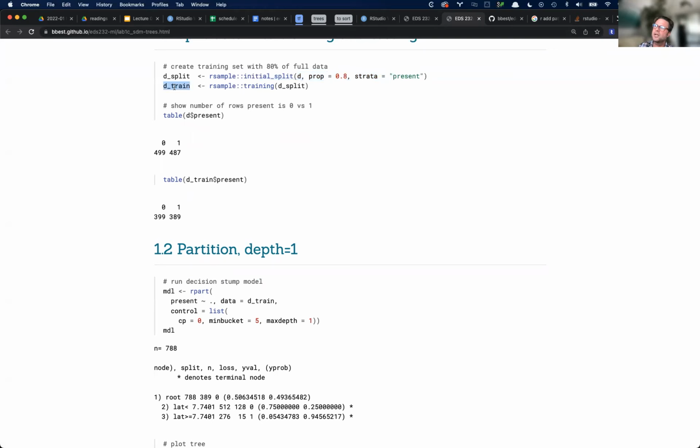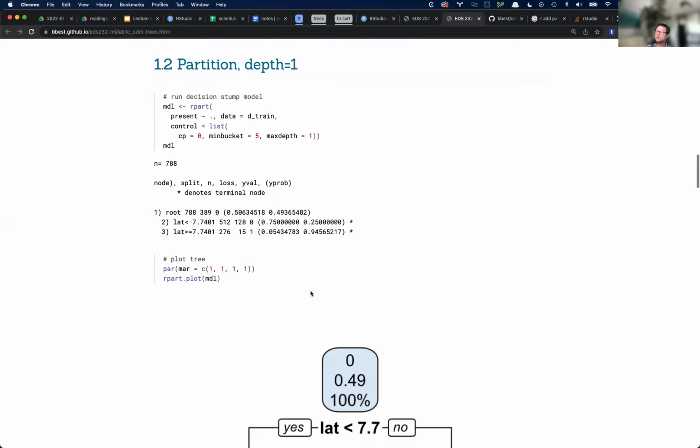So then we get our training data set from that, and then we can show, here's the original ratio of zeros and ones with the table function. It just does a count for each unique value. And so we have 499 zeros, 487 ones, and then we can do a table on the number present in our training data set, and it's a similar ratio, which is the point. So now we have our training and our test data set, and let's just do a really simple